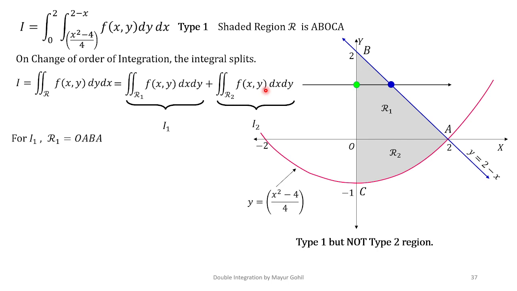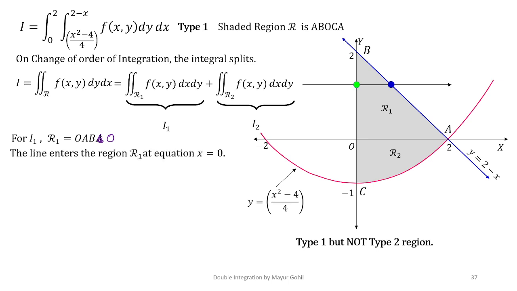So for I1, we'll write the double integral over here. For I1, the region R1 is OABO, right? So always try to close the region because we need a closed region. It's going to be OABO over here. Yeah, that would be the closed region. Otherwise, from B we would have to come back to A. Alright, now let us go further.